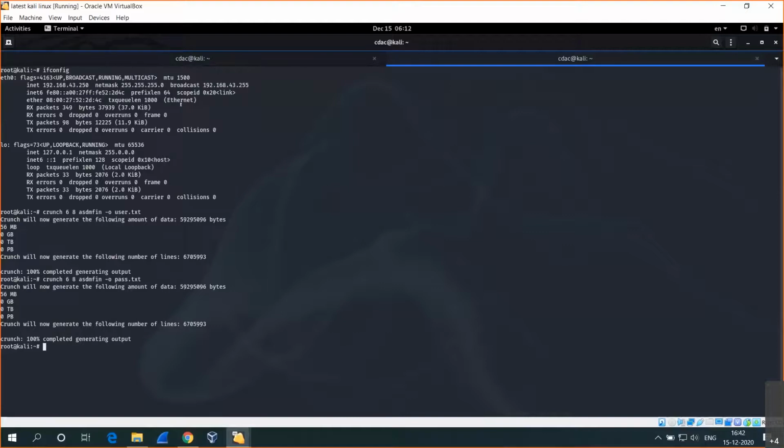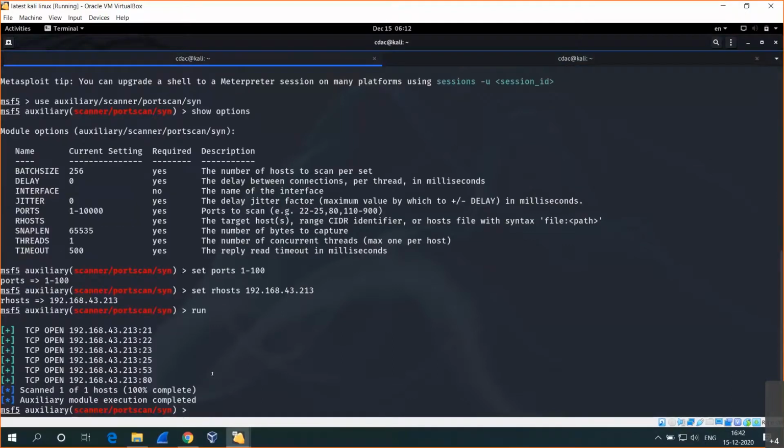So we'll go to the Metasploit console and set a few arguments, that is user.txt and password.txt. For that, we need to use auxiliary scanner SSH, since we are launching the attack on SSH.